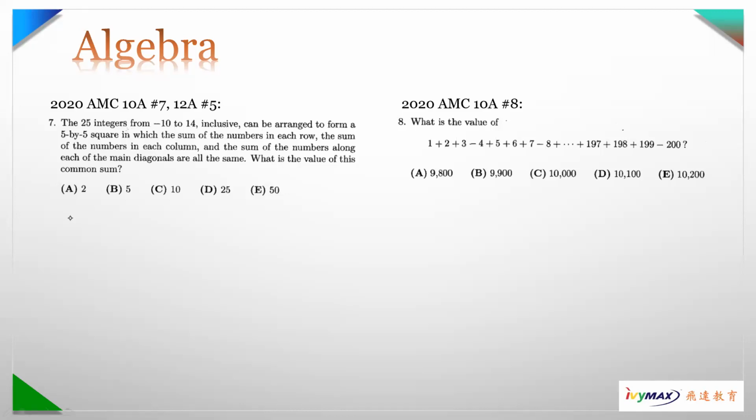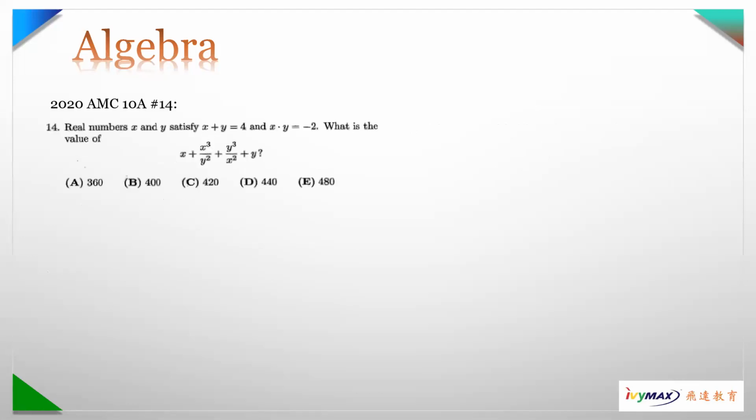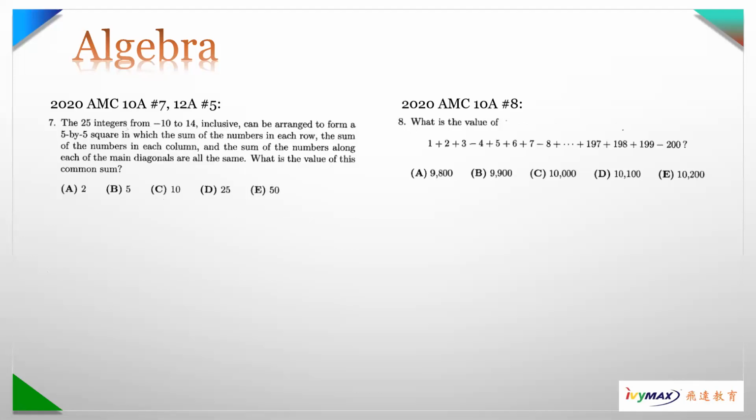So let's say I list them out. I list them out: -10, -9, -8, all the way to -1, 0, 1, all the way to 10, 11, to 14, right? So this is 25 integers. So if they fill into a 5 by 5 square,